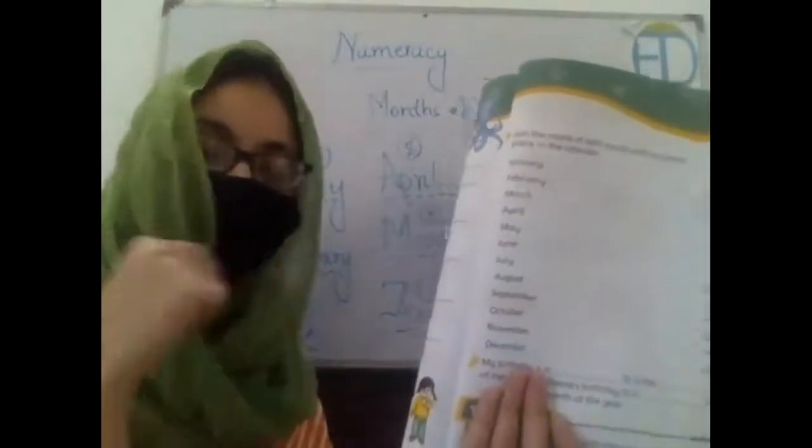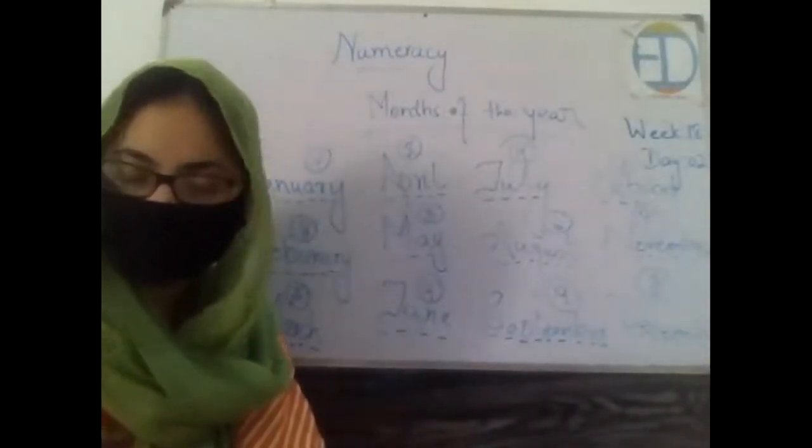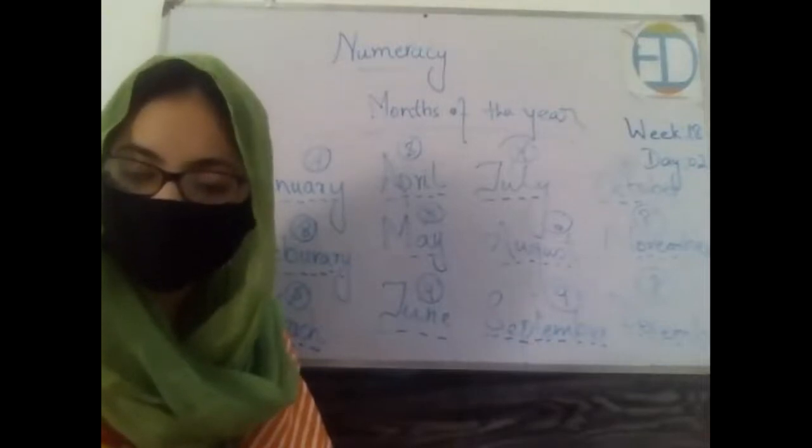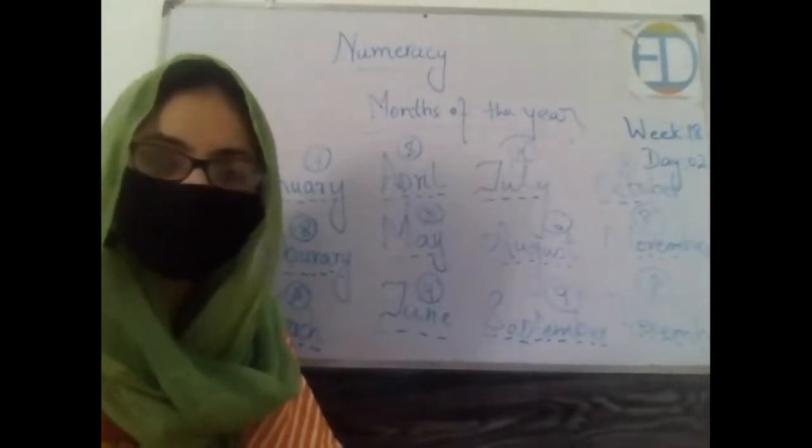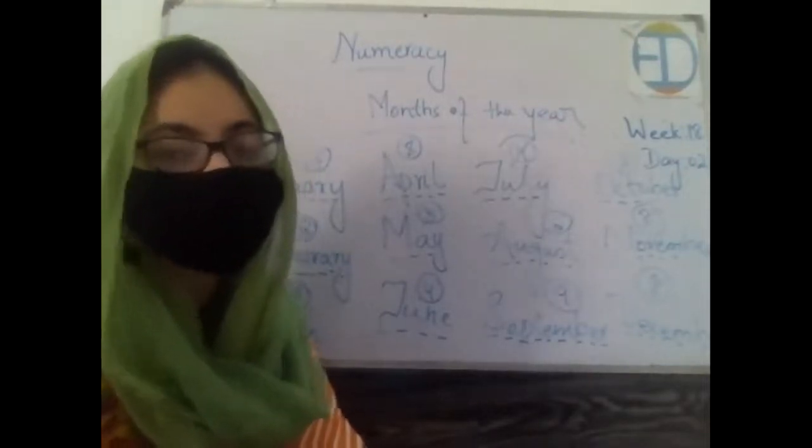So in the first one, you are supposed to write your birthday month, and then in the next blanks, you are supposed to tell which month it is of the year. Then in the next blank, third one, you are supposed to tell about the month of your friend's birthday and then the number of it in the fourth one. Got it? Okay, hurry up, write it down. Done? Okay, class. That was all for today.